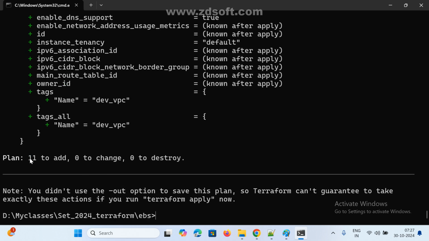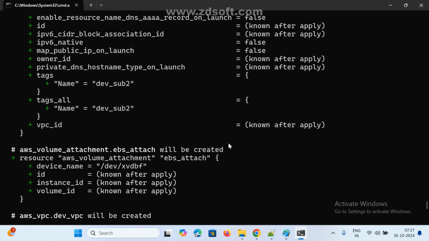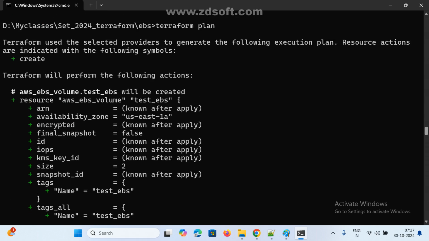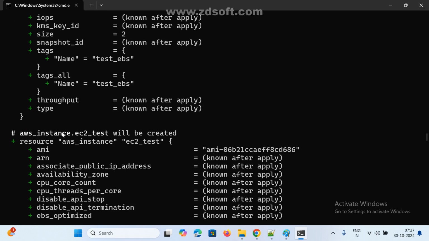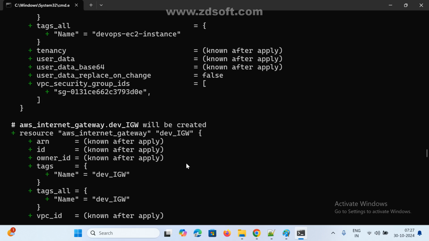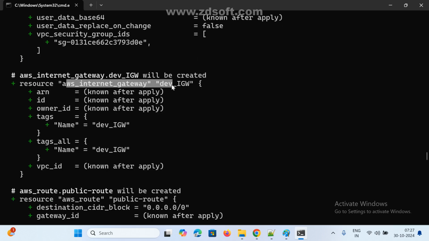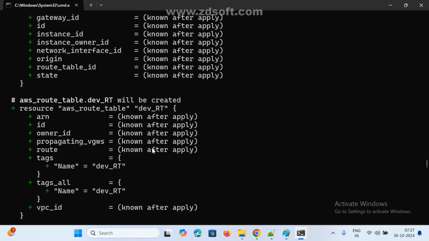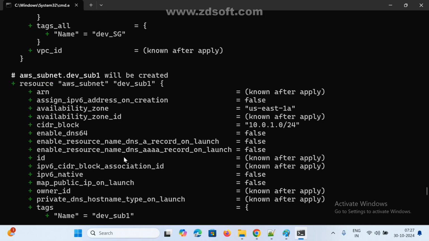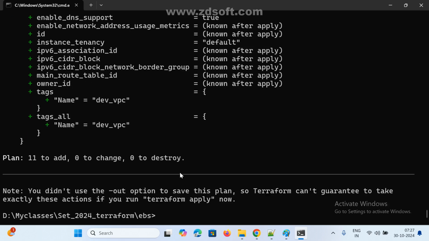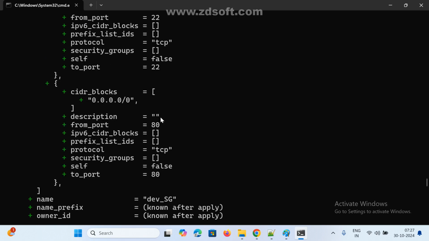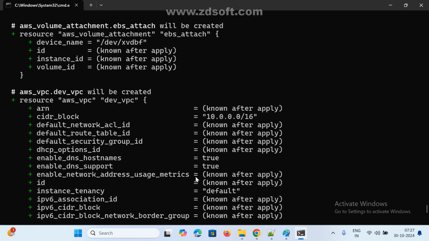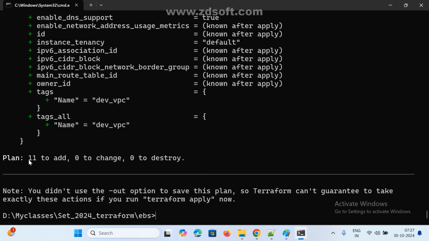So now total is 11. What are the resources we are going to create? Now VPC, there is one volume, next one instance, and here it is also creating one internet gateway, because that VPC is available, right? That is the reason. If you don't want it, I can remove that VPC file. In the VPC there is already a subnet and internet gateway, so there are many things. Anyway, total 11 resources, no problem. Anyway, I will destroy it. Now finally I am going to give